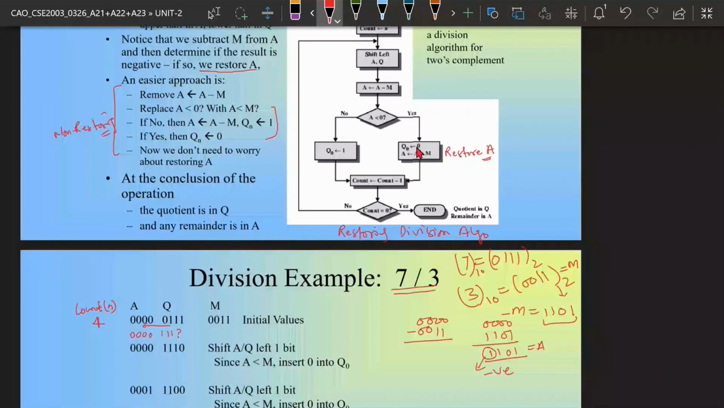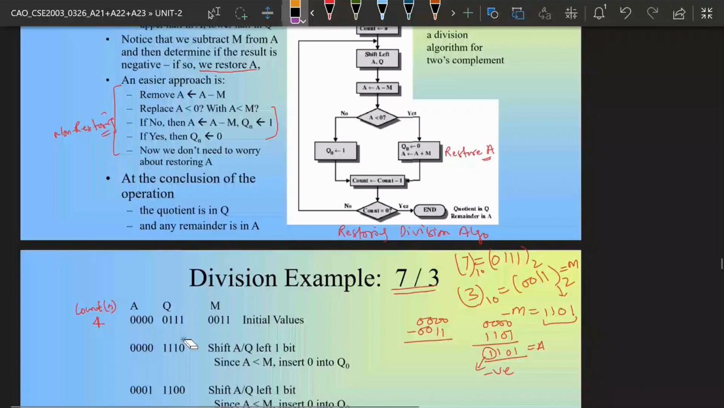And at that time the accumulator content is 1, 1, 0, 1. So we have done the shifting first, and then we have done A equals A minus M, and now once we have checked it, it is going in this way. So we are going to make the Q0 bit as 0, and at the same time we need to make A